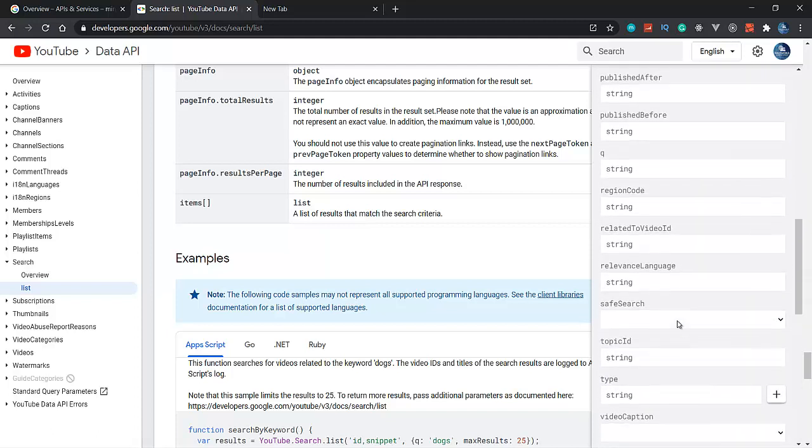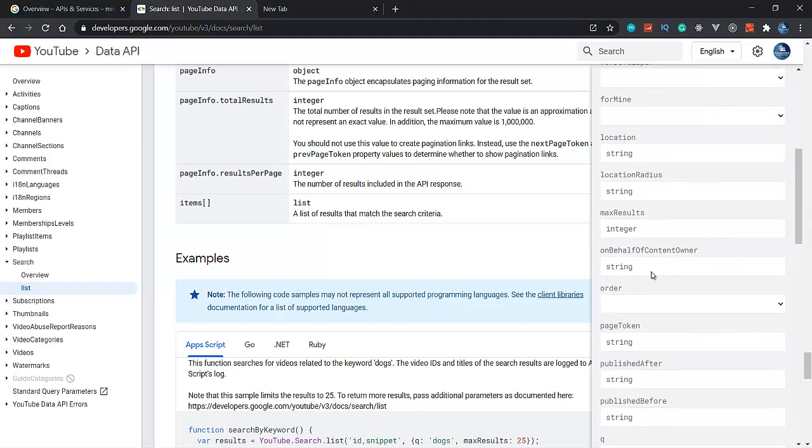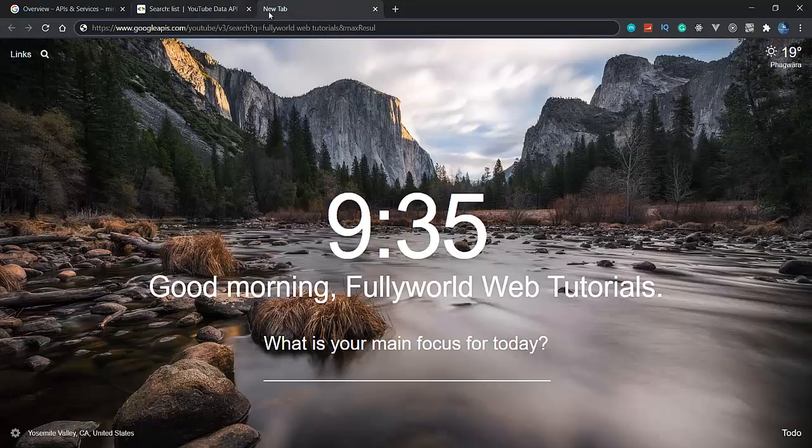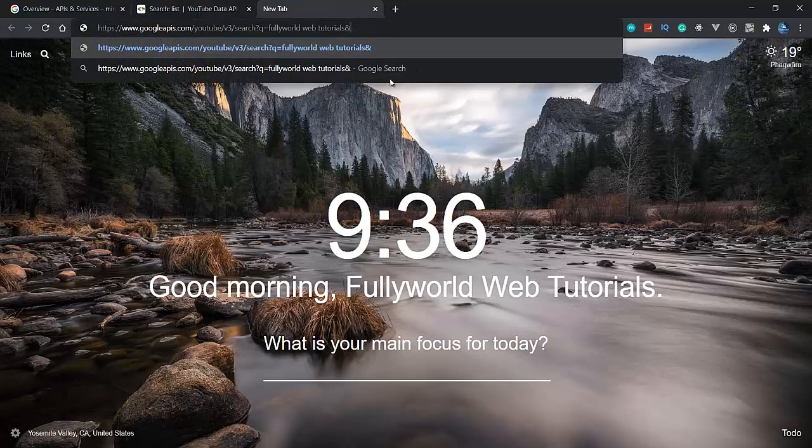Where is maximum result? See that maxResults. Copy this and paste it here, maxResults. We want only 10 videos here. Click here and then we will pass our API key.